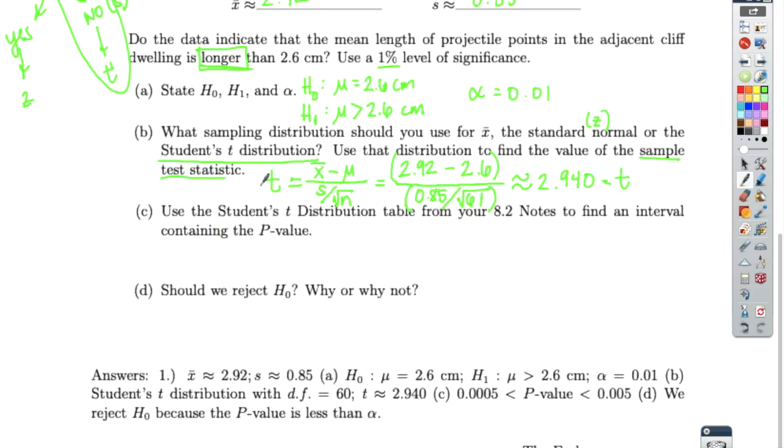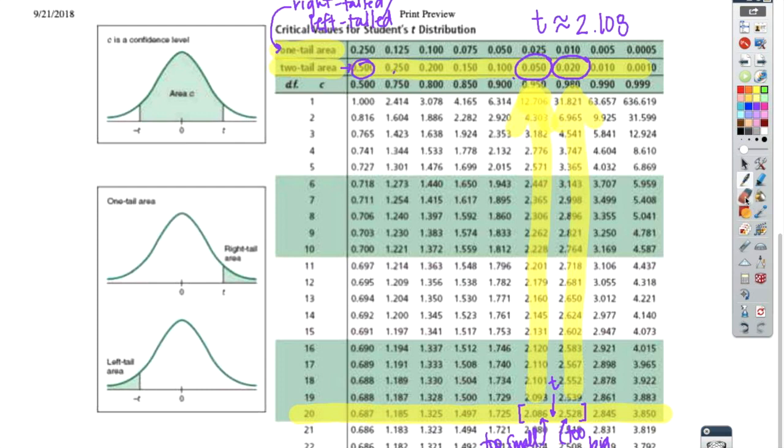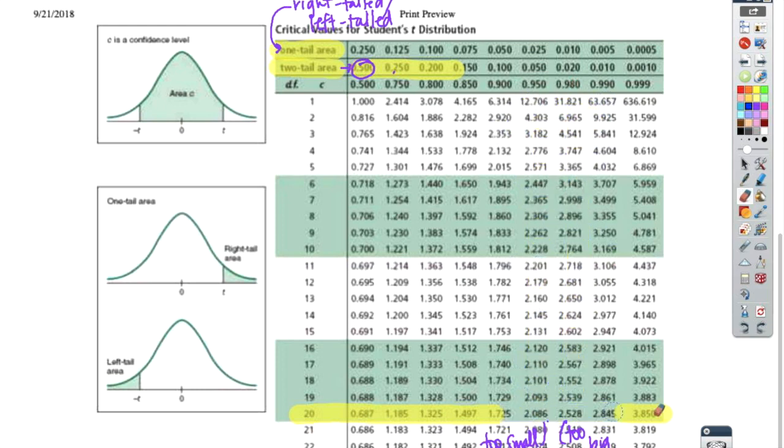Okay, there's one other thing that we need to know before we go to the table, and that is the degrees of freedom. And remember, degrees of freedom is just our sample size minus 1, so in this case 61 minus 1, so our degrees of freedom is 60. Okay, so going to our table, I'm going to start by looking at the row for degrees of freedom